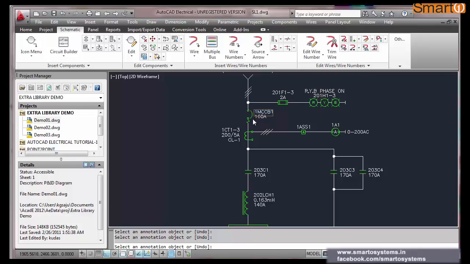201. In fact, you don't have to do it individually. There are other options. Fine. These are all 201.